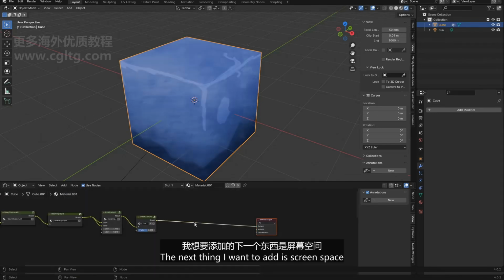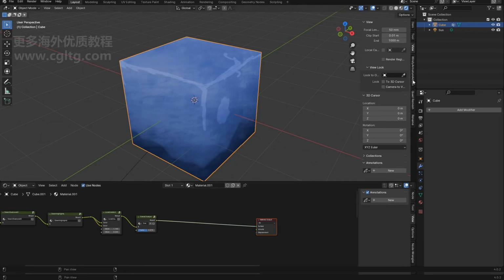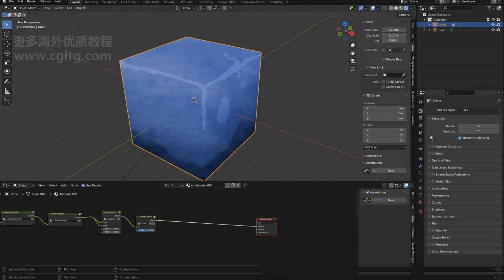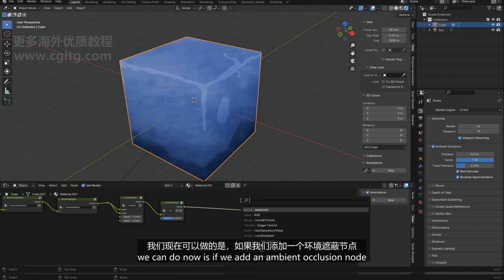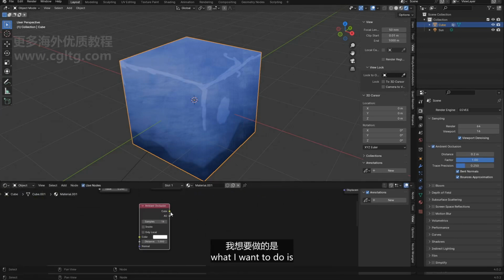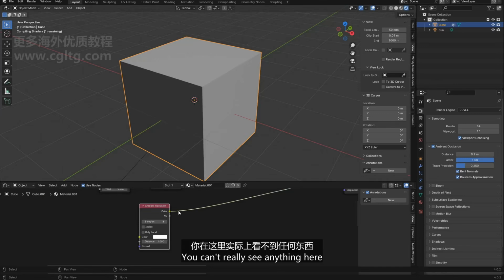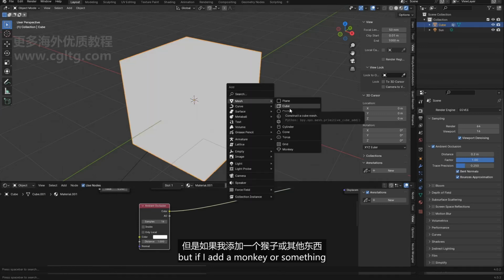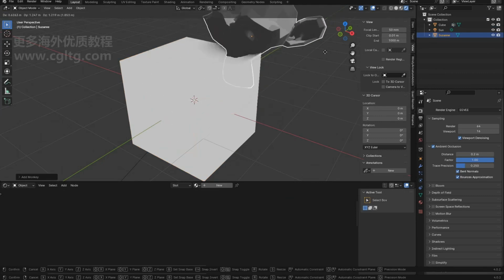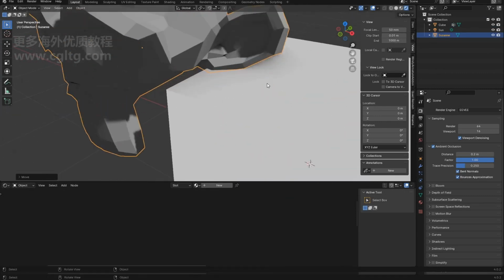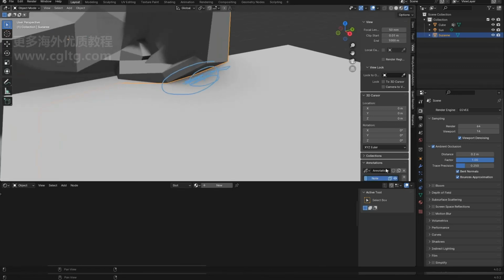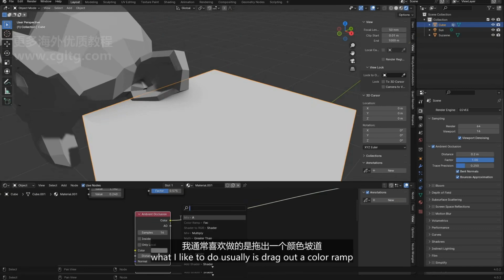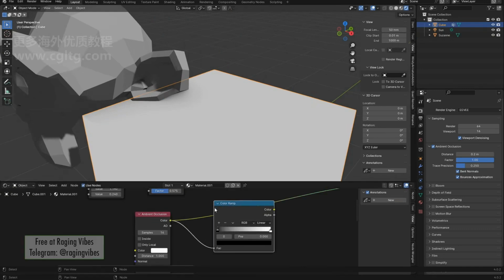The next thing I want to add is screen space. I think it's called screen space ambient occlusion. I think that's what it's called. So basically, if you go here to the rendering tab, click on ambient occlusion, and what we can do now is add an ambient occlusion node. If you shift click on it, you can't really see anything here, but if I add a monkey or something, and I position it close to the object, as you can see, under where the shadow would be, we have a little bit of darkness, right? Using this AO node, what I like to do usually is drag out a color ramp, set it to constant,